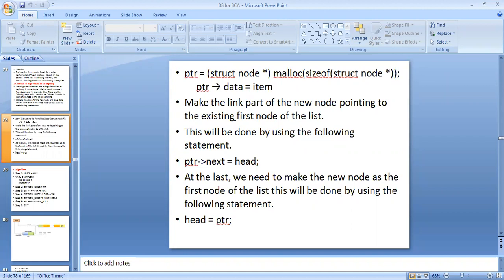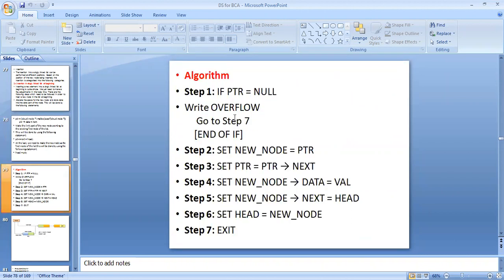This will be done by using the following statement, that is ptr arrow next equals to head. At the last, we need to make the new node the first node of the list. This will be done by using the following statement, that is head equal to ptr.